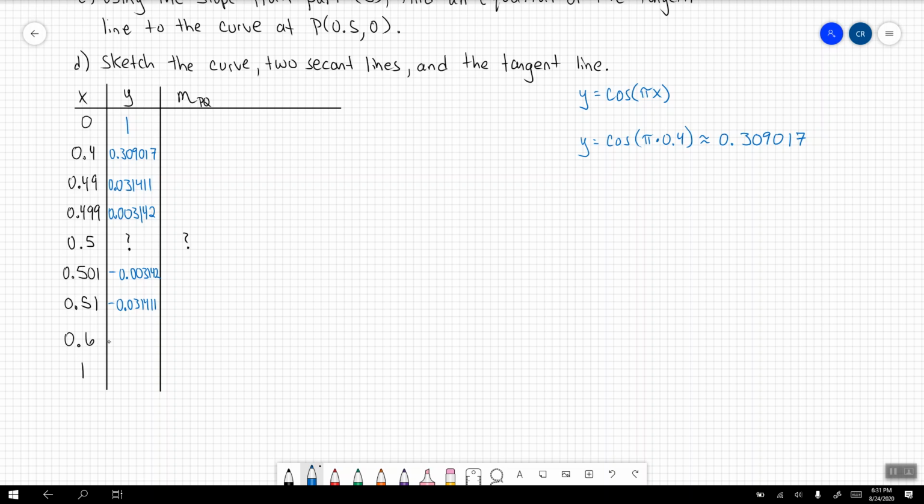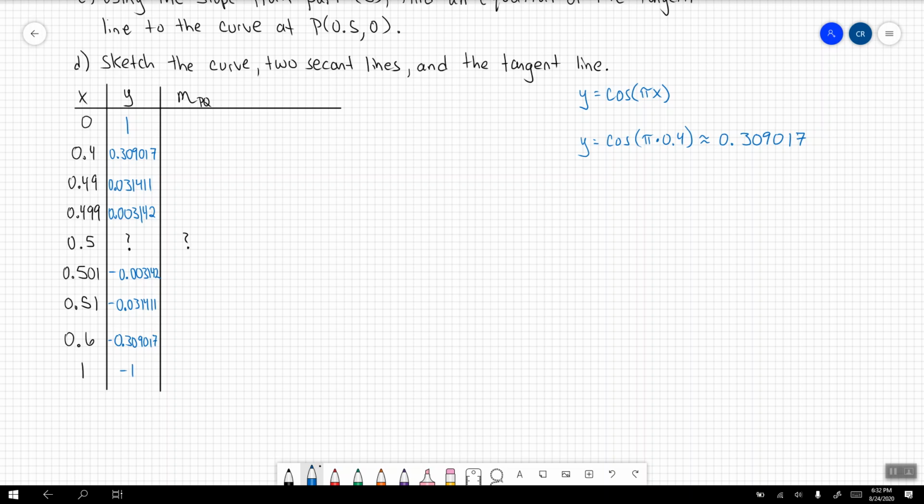0.6, making that substitution, should get us negative 0.309017. And finally, making the substitution of 1, well, cosine at pi times 1, which is just cosine at pi, should be -1. There we are. Awesome. Now that we have the y values, we need to go through and we need to start finding the